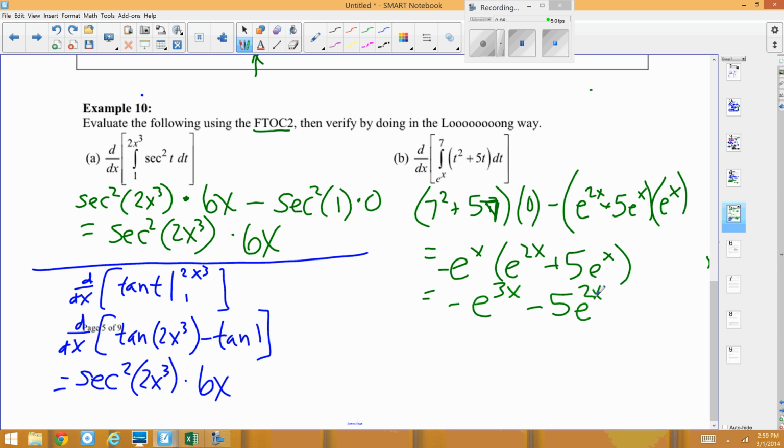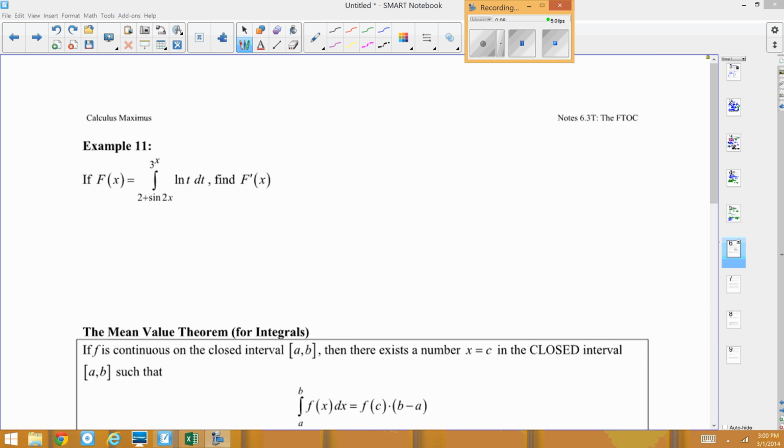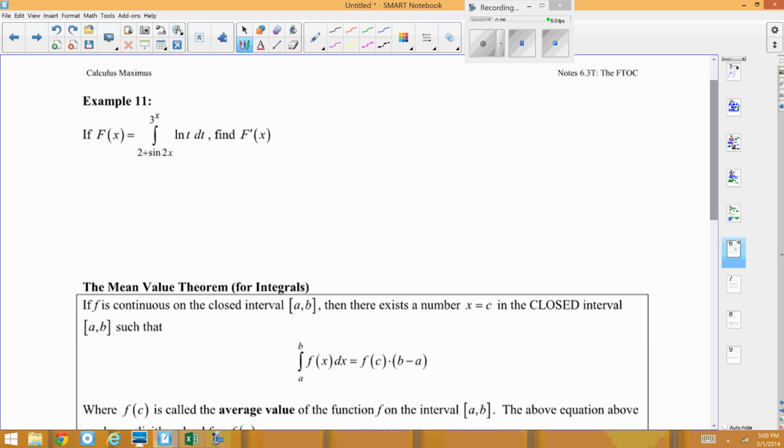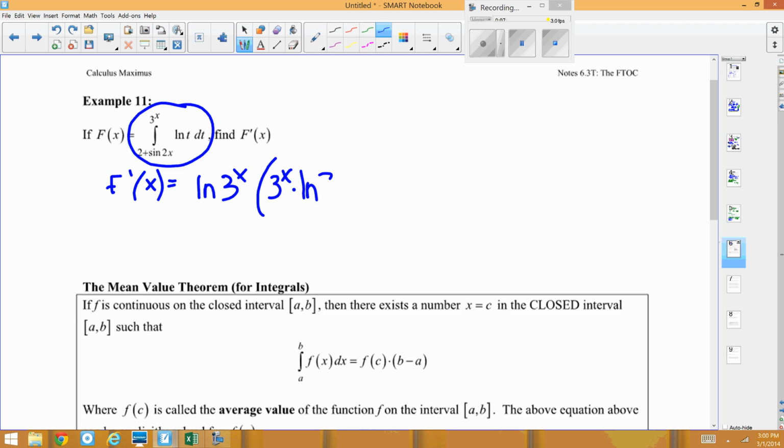So now we have this huge idea here. Now we can fully apply this fundamental theorem of calculus. We'll do it one more time. This time we get f prime of x equals the derivative of an integral, which we can use now. So we're going to plug in ln of 3 to the x, and multiply it by the derivative of 3 to the x, which is 3 to the x times ln of 3,